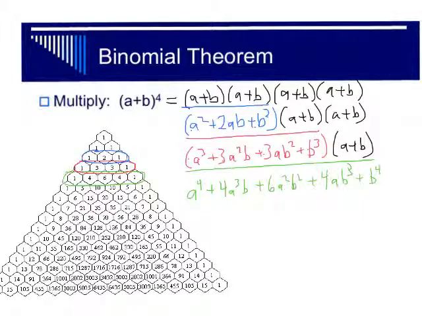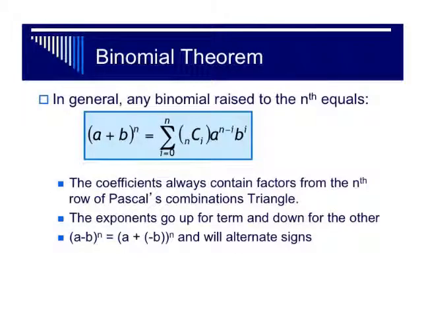This is true for any power, that the coefficients also often involve some variation of Pascal's triangle. So, in general, you can multiply any binomial raised to a particular power by using this particular rule,